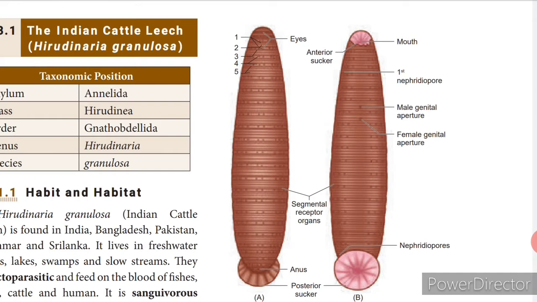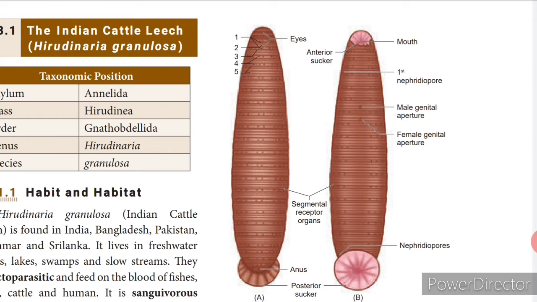Now when you see the shape and the size of the leech, it is soft, elongated and segmented. Now in the picture it is very clear, isn't it? It becomes ribbon shaped when extended, and almost cylindrical when it contracts, right? And this leech can grow up to 35 centimeters, and the color will be orange yellow or orange red.